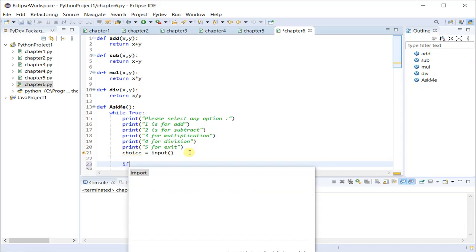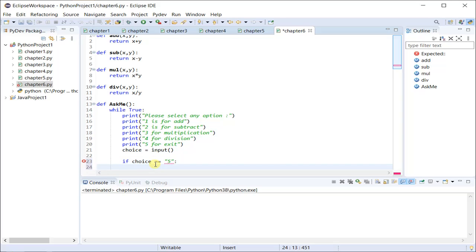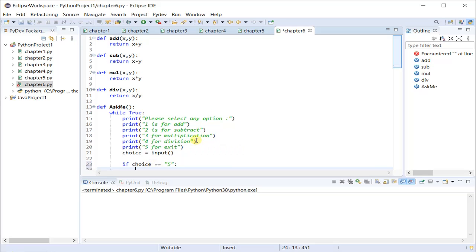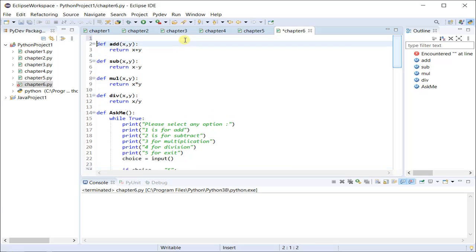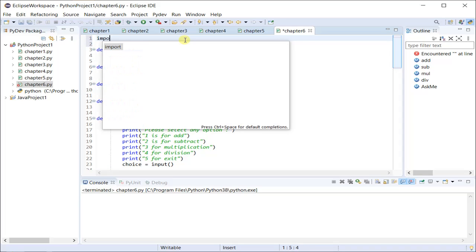Now let's have an if clause. See what the user chose. If the choice is 5, I'm putting it in quotes because the input function will read the choice and give me a string. So if the choice is 5, I will use an inbuilt Python function to just terminate the program. So there are many functions written already in Python in different class files.